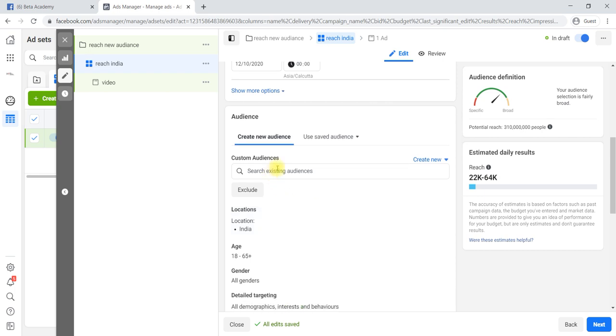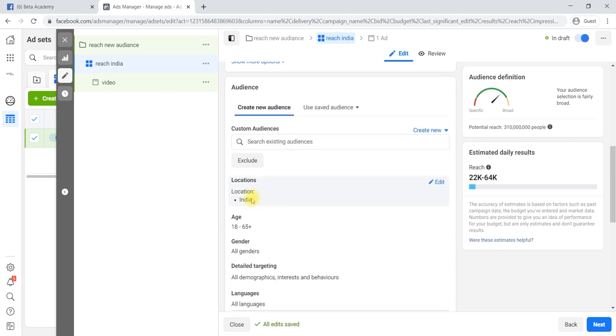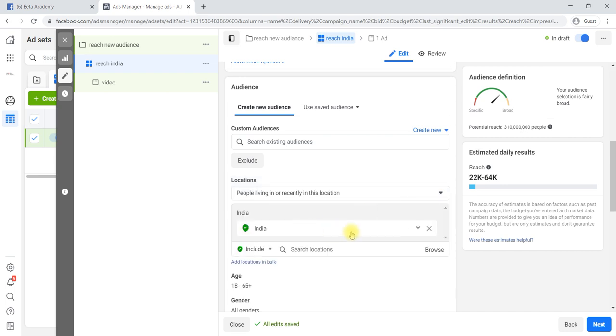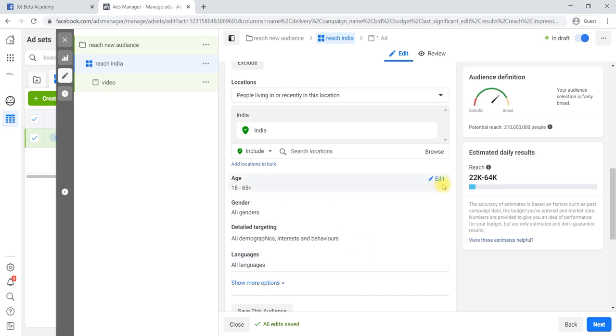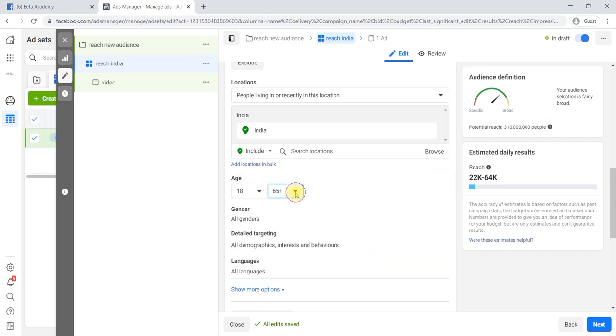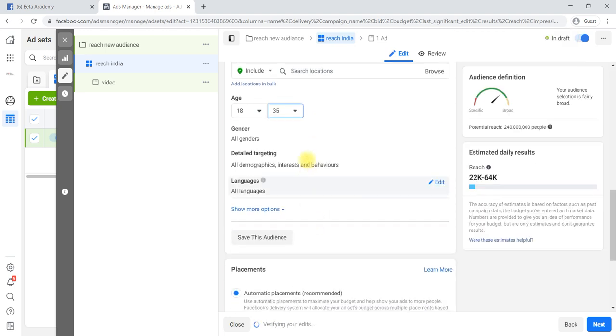And audience: location by default India is selected, and if you would like to edit any of the locations, you can select that. And the age group you can edit. If you don't want to show your ad to everyone, and there is a specific age group you would like to target, you can target that specific age group.